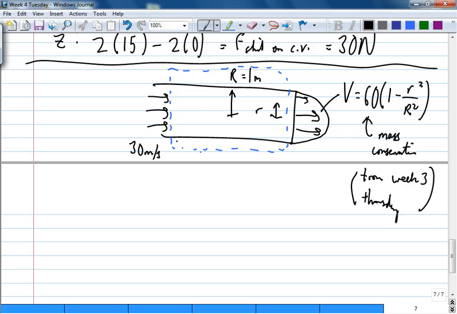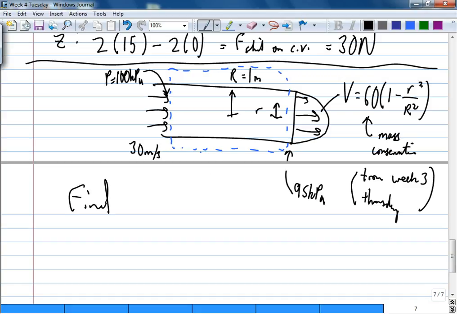Here, in this one, we need some pressure. So I give you some pressure. Assume the pressure is equal to 100 kPa. Here, the pressure may be 95 kPa. Okay. So that's our problem. Find